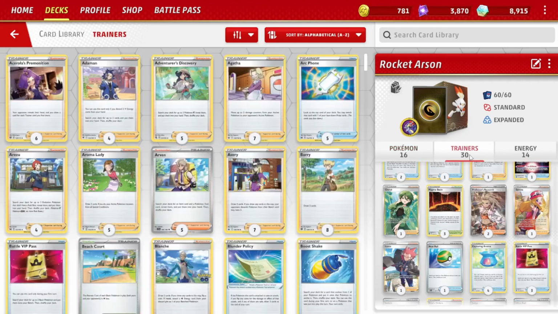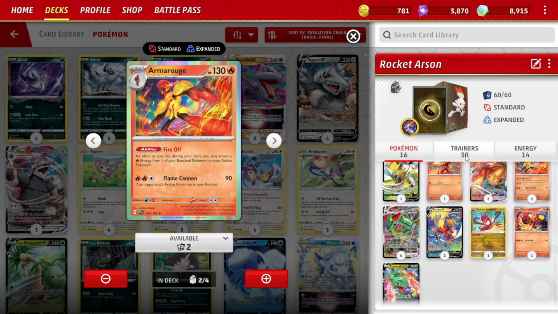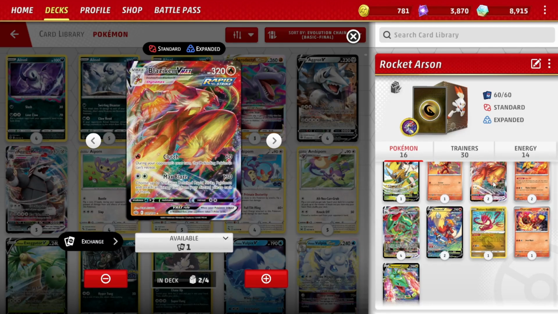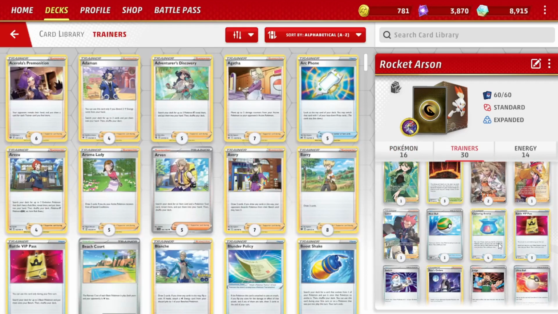We have also our regular setup cards, 3 VIP Pass, 1 Nest Ball to bench our basics. We actually need our Charcadet early so that we get to evolve it as early on as our second turn to transfer after playing Max Blaze. We don't really need to evolve that fast, but we actually can because we have our 4 copies of Ultra